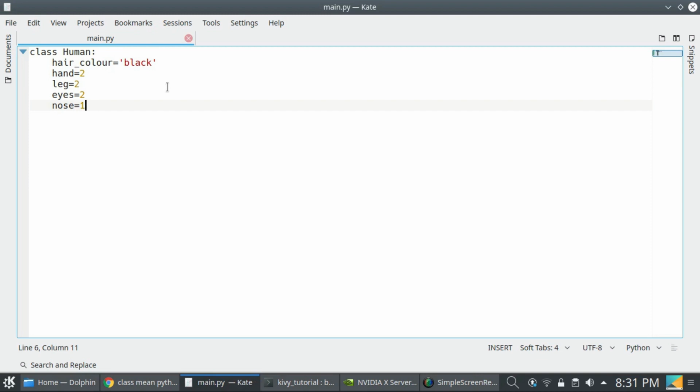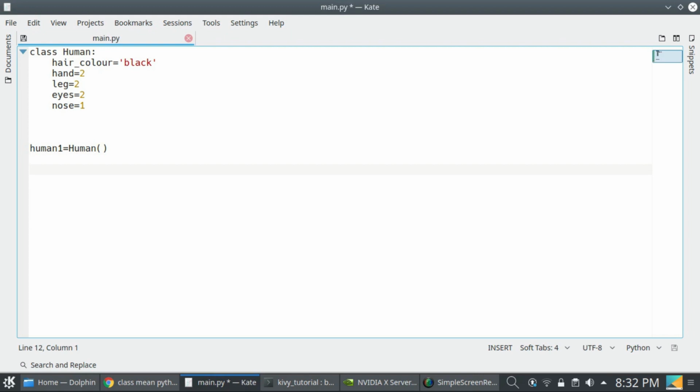Now, to make an object of the human class, you can assign it to a variable: human1 is the object of the human class, human with brackets.